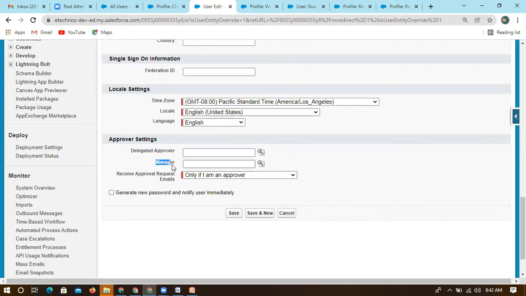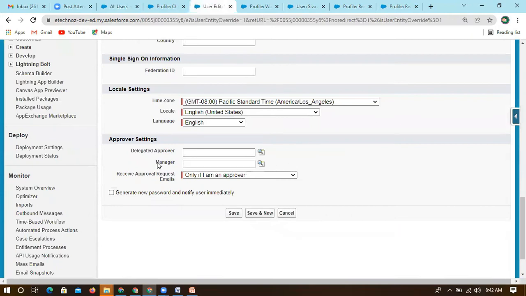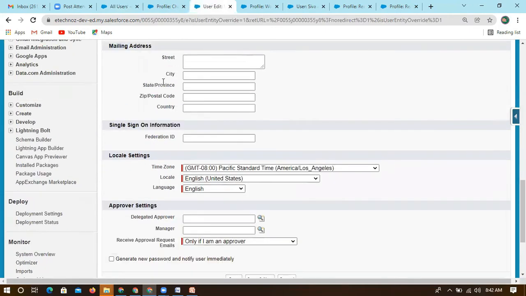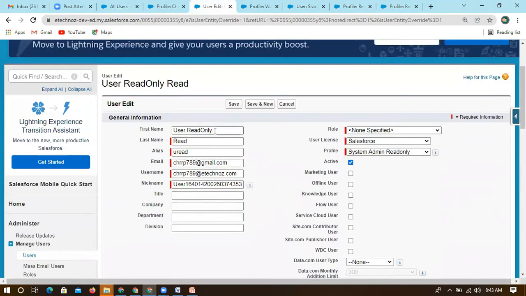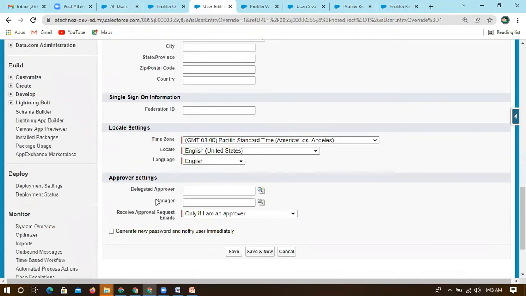For this user, I'm setting one manager. That means he is another user, which is already defined within the system. Right now I don't have a manager user, but if you have one, we will define that manager user. That means for this read only user, we can set one more user as a manager.